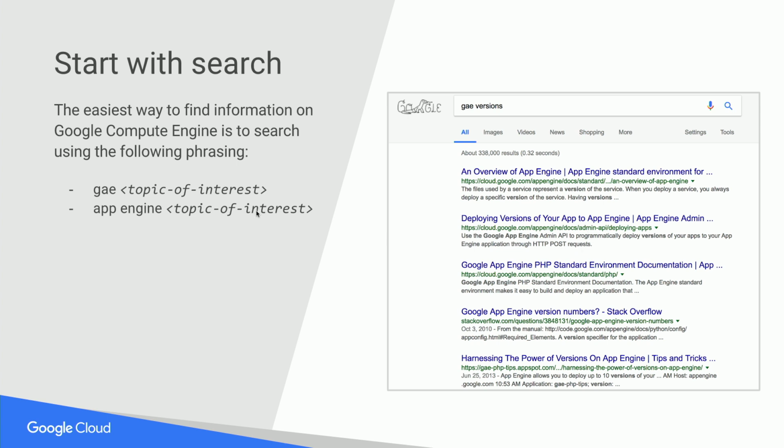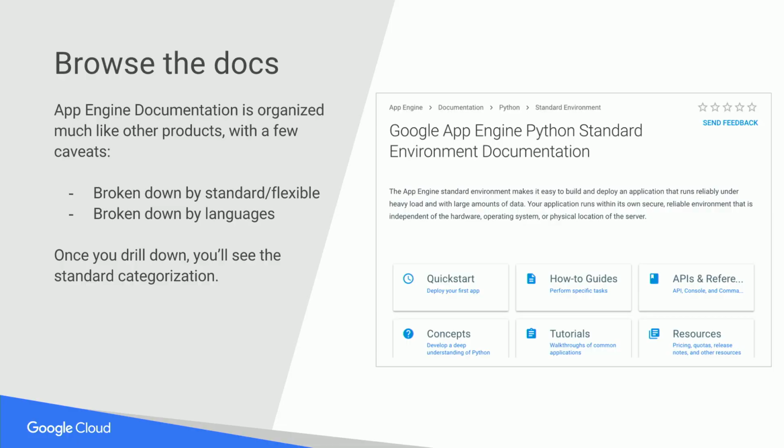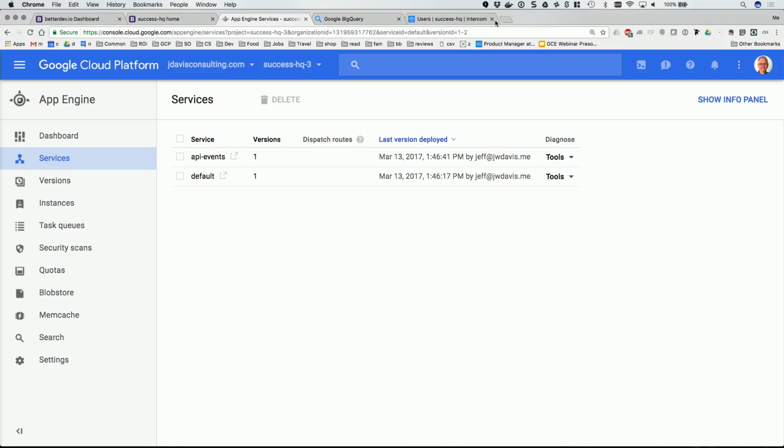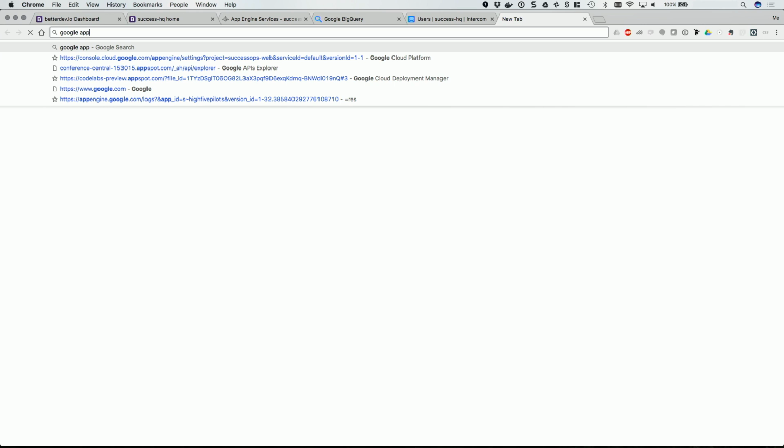There's also App Engine and your topic of interest. Sometimes GAE isn't specific enough, and putting App Engine will work better. The documentation is a little bit different than what you have seen with other Google Cloud Platform products. So you still at one point end up with this nice table of contents, which has got quick start, how-to guides, API references, concepts, tutorials, and so forth. But there's a level of organization above this, and it would actually be helpful if I just showed this to you. So if we look at Google App Engine,